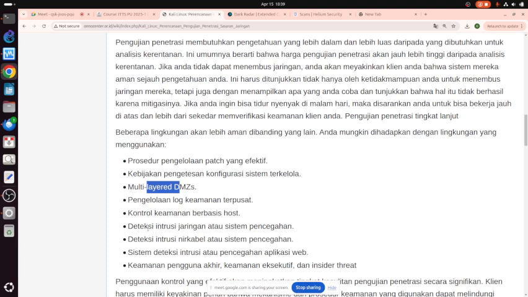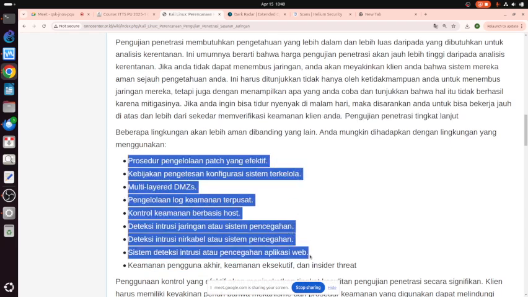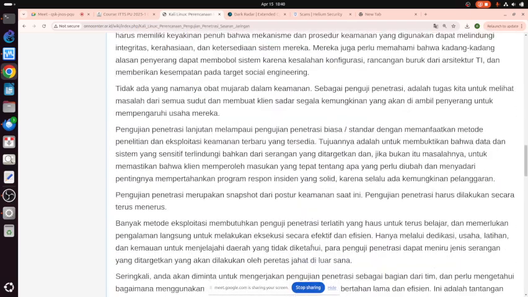Okay, we can detect the intrusion detection system in the network, in the server, intrusion detection system in wireless. We can detect intrusion detection system in the web and so on, as well as the security of the end user. Okay, so we can do this using our tools basically.